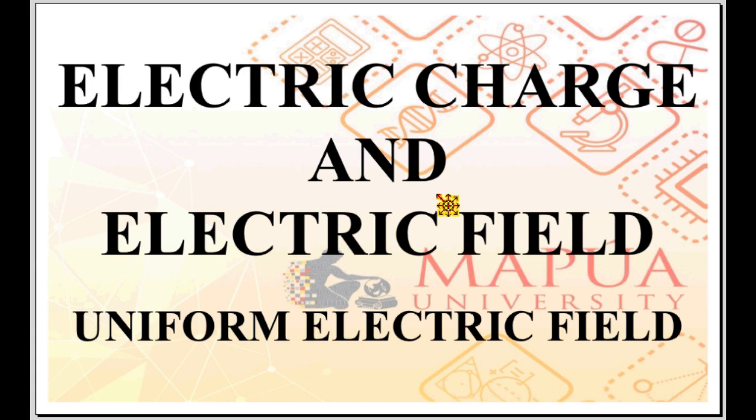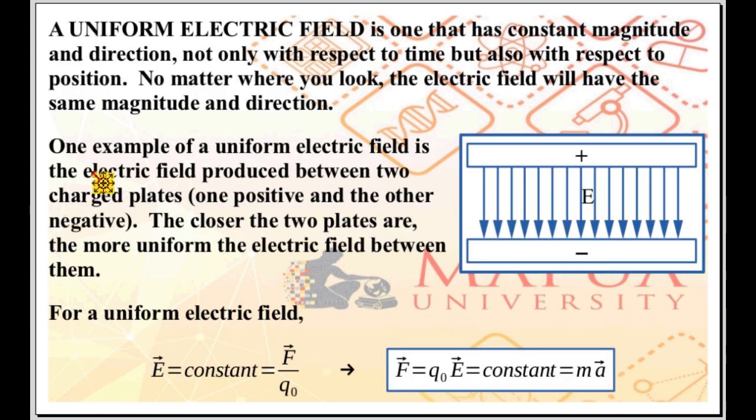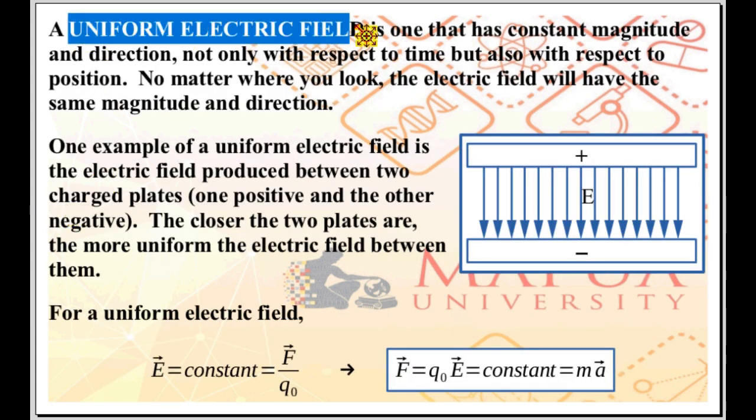Electric charge and electric field. Next up, we have the concept of uniform electric field. A uniform electric field is one that has constant magnitude and direction, not only with respect to time, but also with respect to position. No matter where or when you look, the electric field will have the same magnitude and